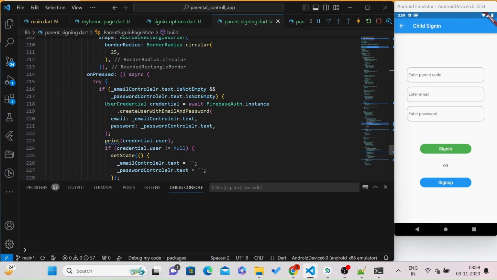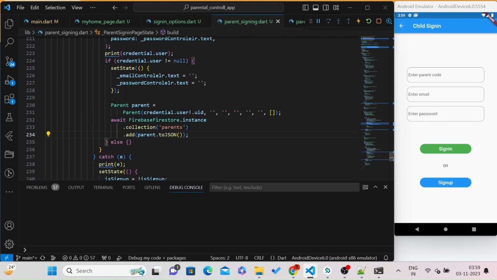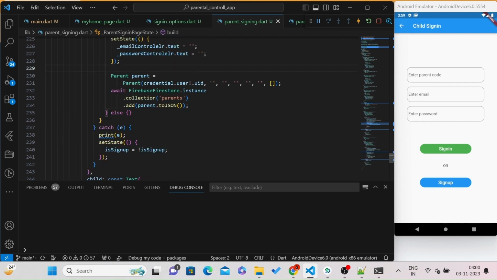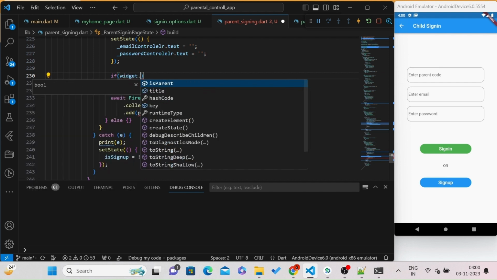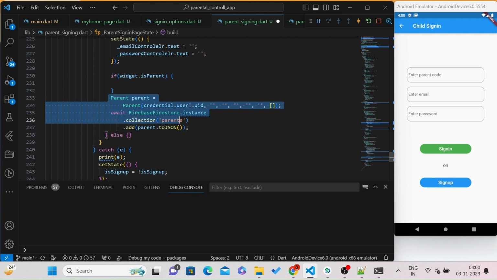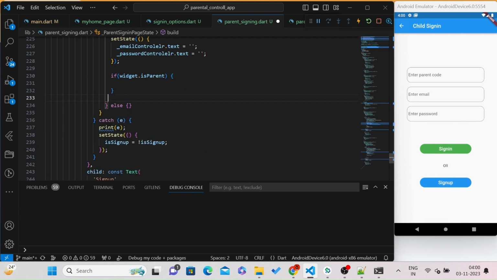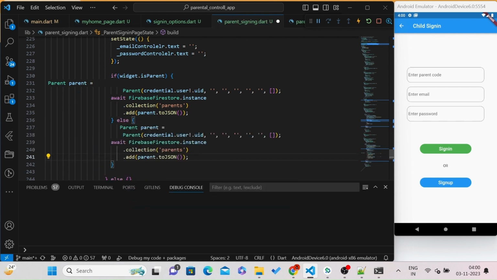While sign up, we are storing the details into the parents collection, but in case of child, we need to store that data into our child or users collection or children collection. So here we can add a condition. If widget dot is parent, then this block will execute. Else will store the data into